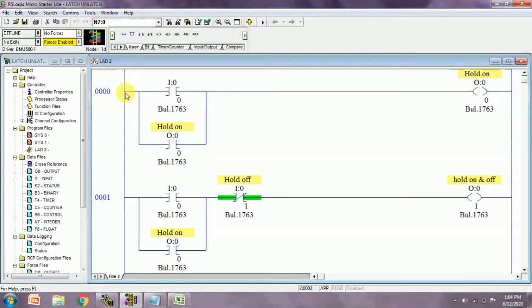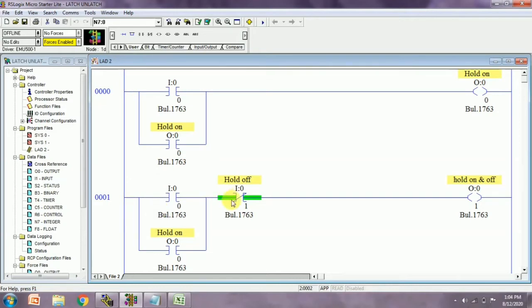So why and how? First of all, we can see when we turn on the supply and on this input, at that time power will flow in this way. When we turn off this input, power will continue through this circuit, because when we turn off this one, it will take some microseconds to turn off. So at that time this will continue and this will also continue. So this will latch by this path.